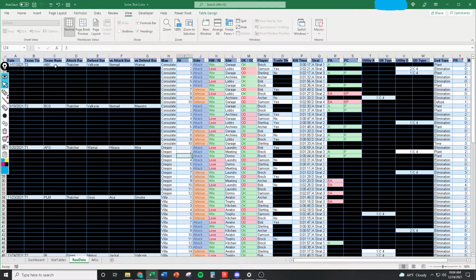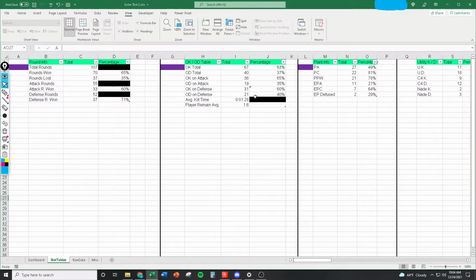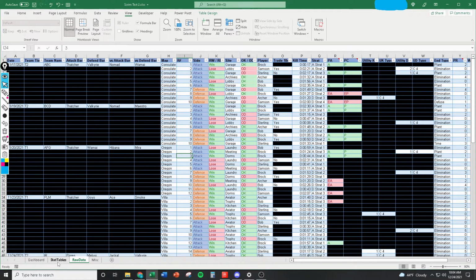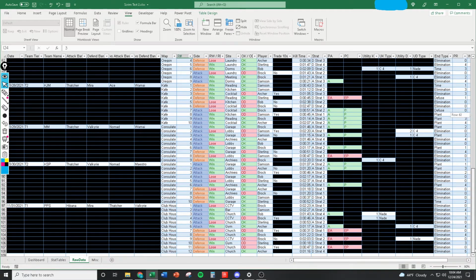So anyway, you can see some of this stuff I wouldn't use in the scrim track sheet, so you won't see it. But anyway, it's just broken down: map, round, side, round win loss, the site, all this stuff, right? So this is just the basic info, the raw data, and then from there, all this info is some tables that I made based off of this info. So if I were to add more, you can see here I only added like 108